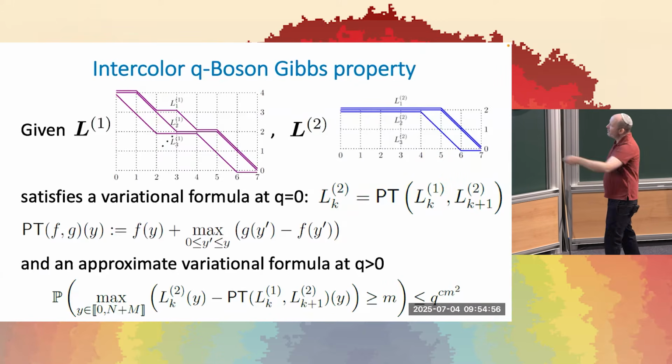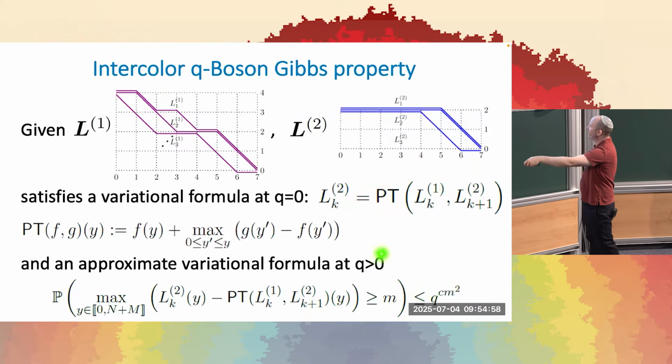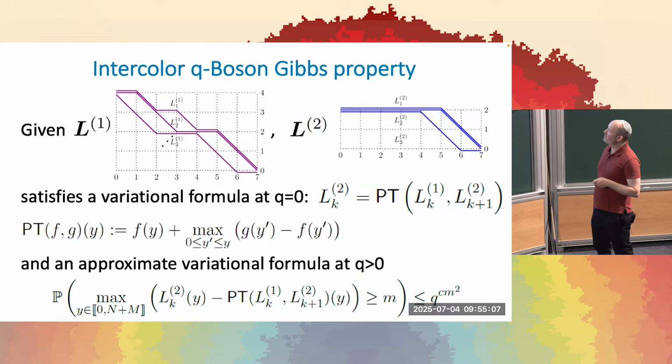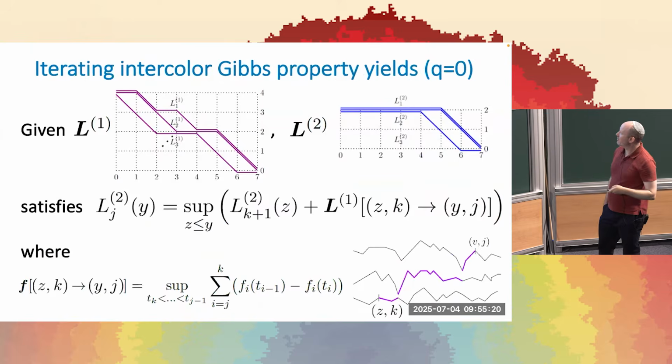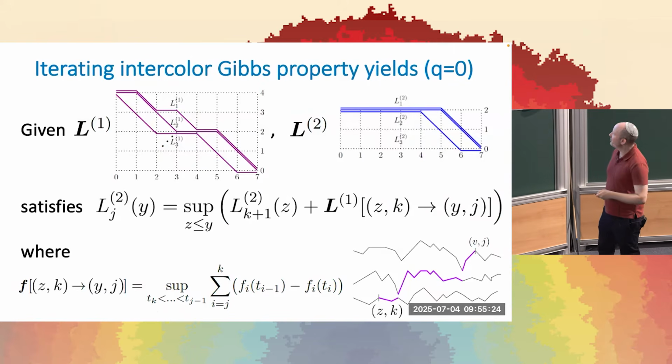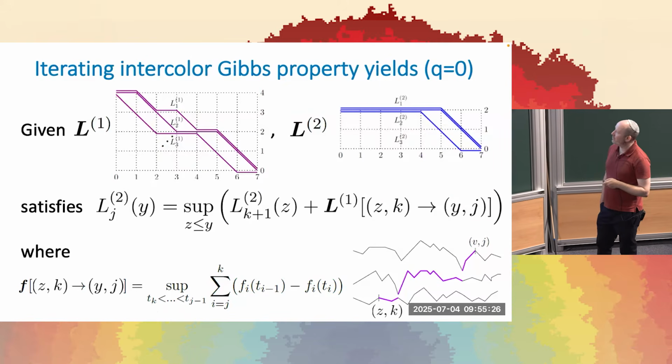And this is basically saying that when Q is not equal to 0, I don't have much error around that sort of iteration. So the point of this identity or approximate identity is that it reduces the consideration of the colored model to essentially the consideration of the uncolored model and some variational problem. So if I iterate that variational problem, this Pitman transform, in fact, I get something very similar to what we